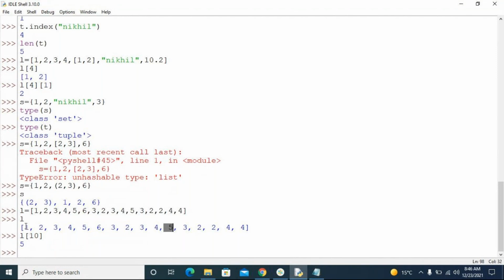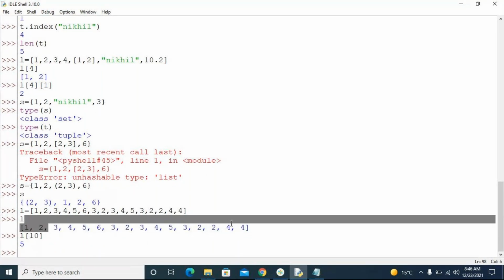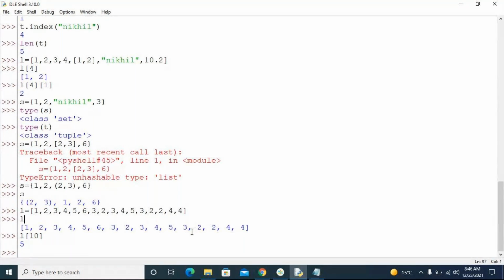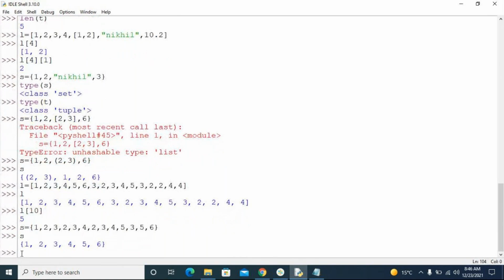So I can give the same element n number of times. That means 4 is repeated n number of times, 5 is also repeated, 3 repeated, 2 repeated. You are able to repeat n number of times. But whereas if you take a set, suppose I am giving 1, 2, 3, and I am going to repeat some elements, whatever it is. I am going to give multiple elements. This is a set, right? Anything in the curly brackets is understood as a set. If I print it, you see there is no element repeated and order is not maintained.